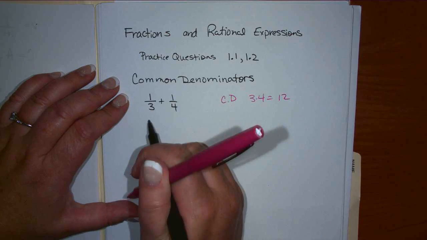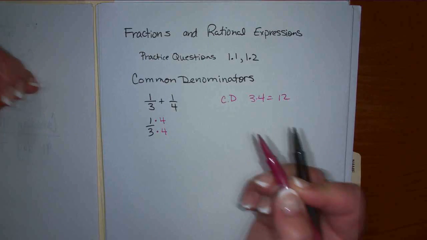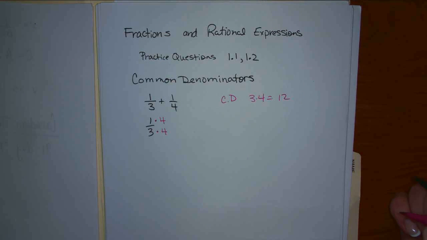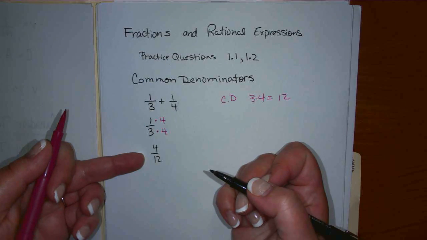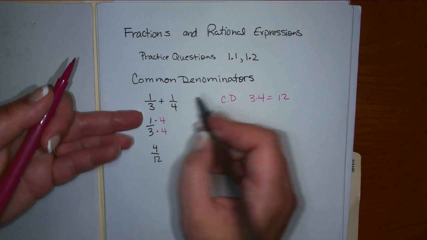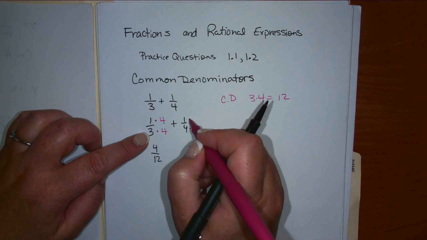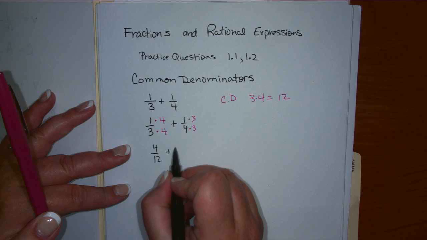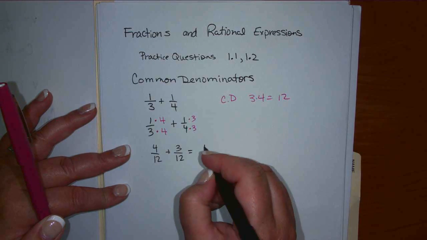You would take the first fraction and multiply both the top and the bottom by 4. Why can we do that? Going back to last class, 4 over 4 cancels. So this new fraction, which would be 4 over 12, is the same fraction as 1/3. They're the same thing because you could factor it and cancel the 4. Same thing here. For 1/4, we want a 12 on the bottom, so you have to multiply that by 3. Whatever you do to the top, you do to the bottom. So 3 over 12. Altogether, we have 4/12 and 3/12, which is